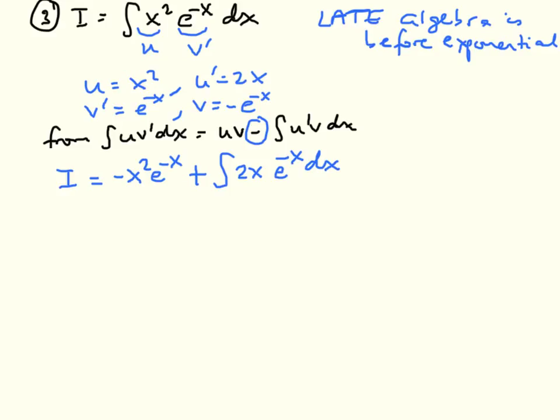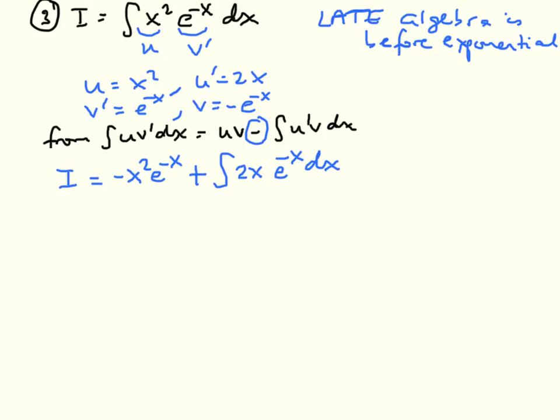And we look at this and think we could use integration by parts on this again. If we compare this integral with this one, it's clear that using integration by parts has reduced the power of x squared to a power of x to the 1. And if we use integration by parts again, we can hope that the x is going to be replaced by an x to the naught. X to the naught is constant, and that will give us an integral of e to the minus x, which